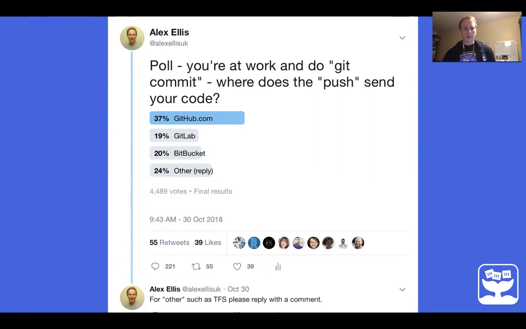And when I dug into this, I found that actually there's a new tool called Azure DevOps, and lots of people are using that, a huge amount of people. And that is actually Visual Studio Team Services. It's something that I'm going to go off and have a look at because I'm not really familiar with it. But while we're talking about OpenFaaS Cloud and Git, I thought this was interesting. You can see some of the responses later.